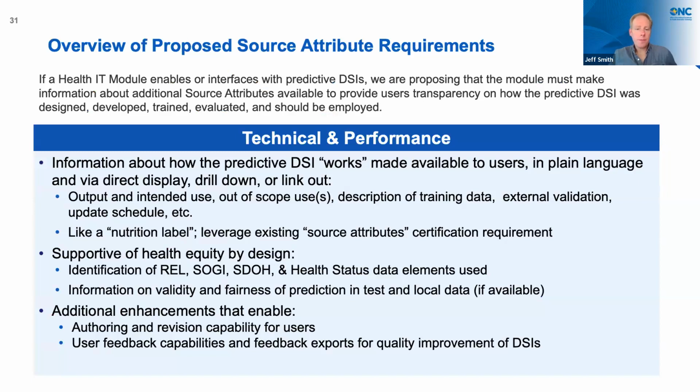Okay, so big takeaway on this slide, really the source attributes requirements. Source attributes are ONC regulatory speak for ingredients. What are the ingredients of the decision support intervention? What are the ingredients of the predictive DSI? We have come up with a number of categories of information that we think it would be important for users to know. And the idea here is how can we shine transparency on the ingredients of a predictive DSI so